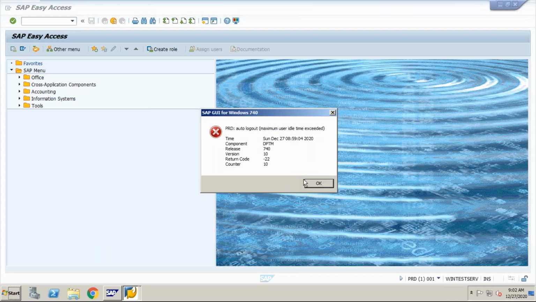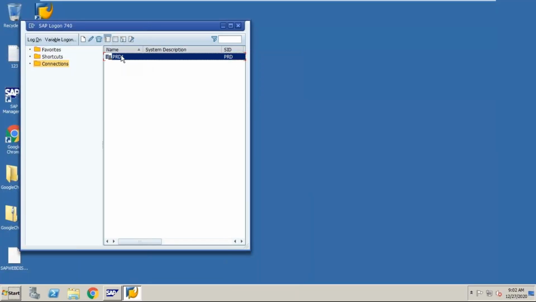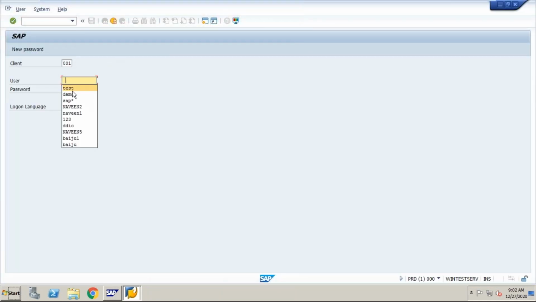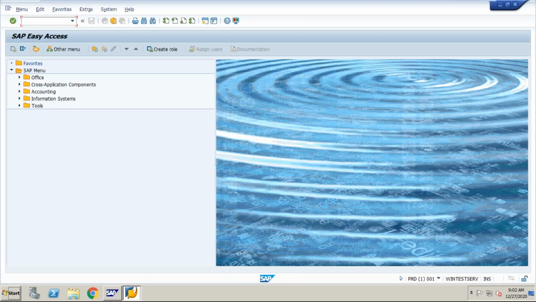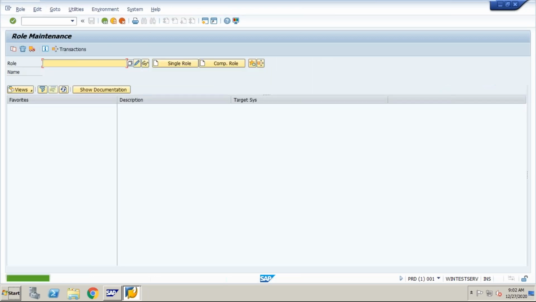I just log on to the server. We are going to use transaction code PFCG as we discussed. Here is the role name. Whatever role you want to create, you have to specify the name over here. You can use it for a single role and a composite role. If you click here, it will be a single role; if you click here, it will create a composite role. First you have to specify a role name: ZD,